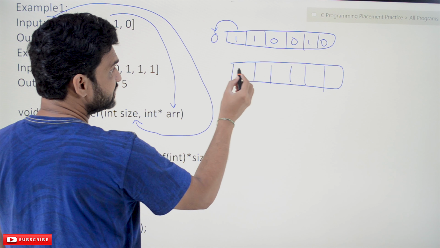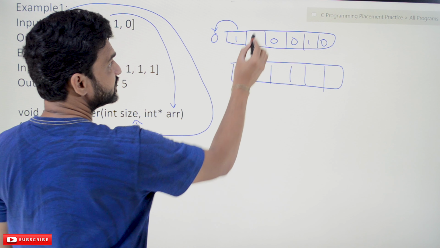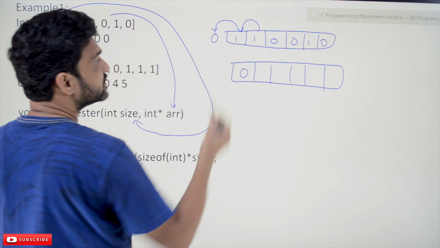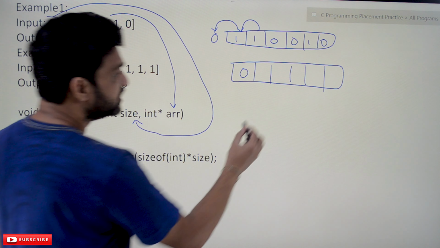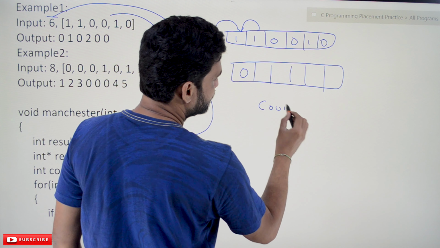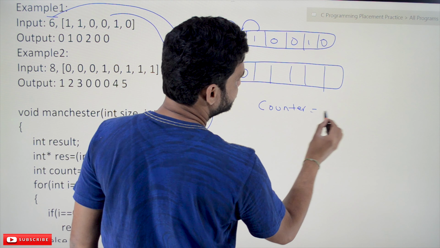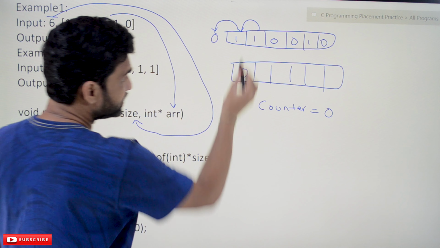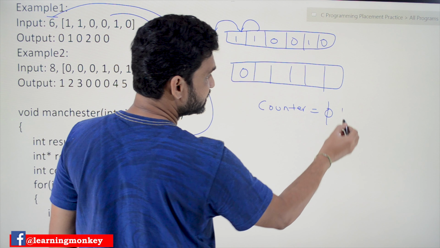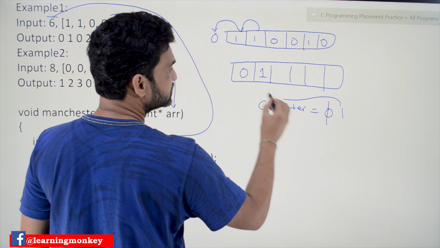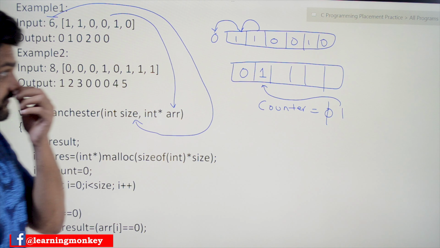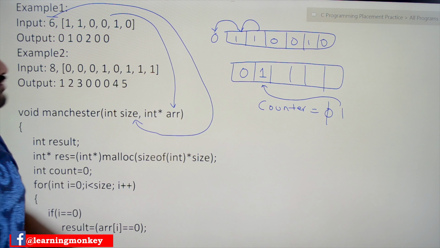The first element has to be compared with 0. As they are different, we fill this array with 0. Next, these two are to be compared. Both of them are the same. If they are the same, we take a variable called counter, assigned to 0, and because they are the same it has to be incremented, and the value of this counter has to be stored in this specific space of the output array.